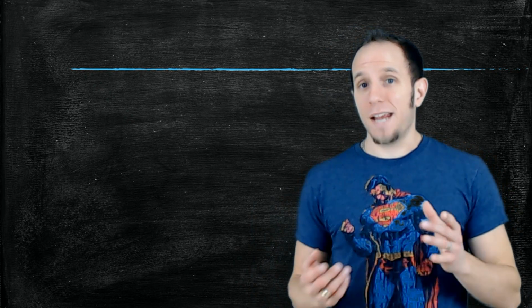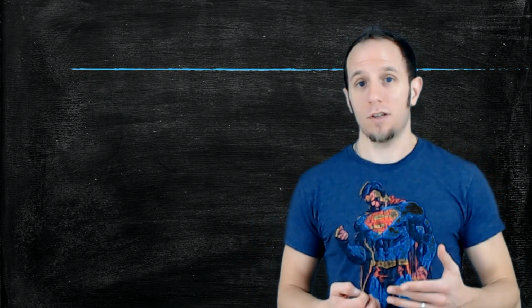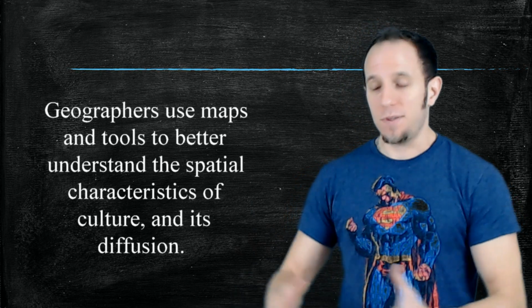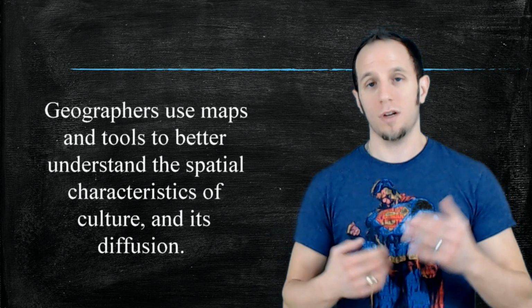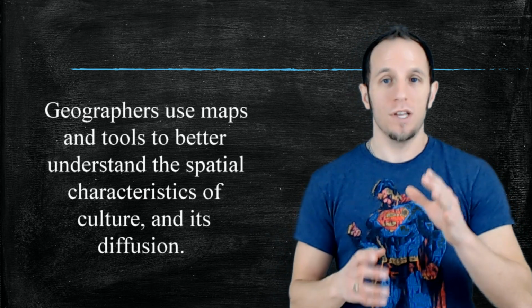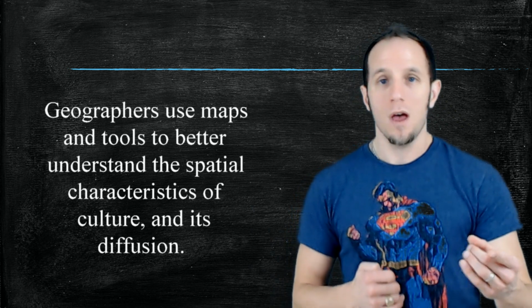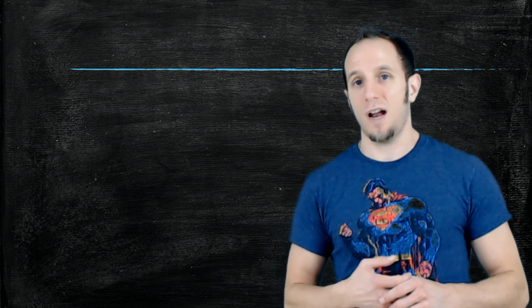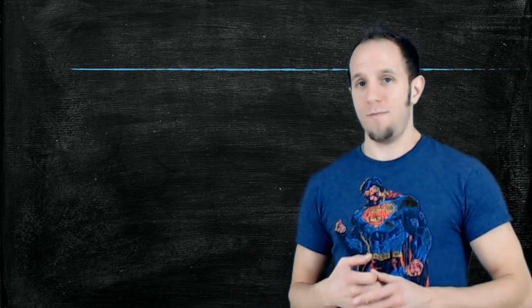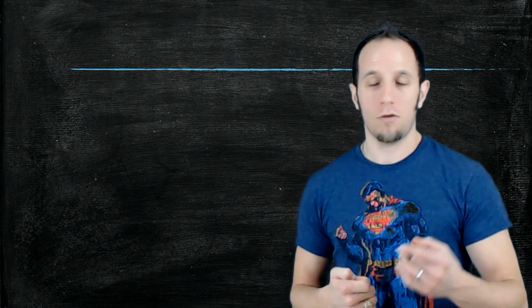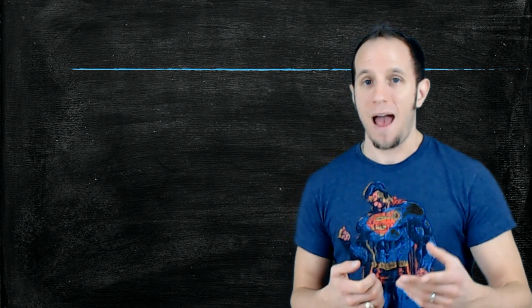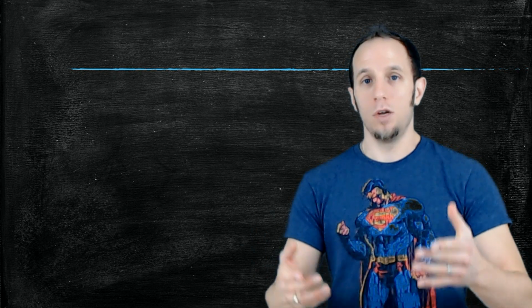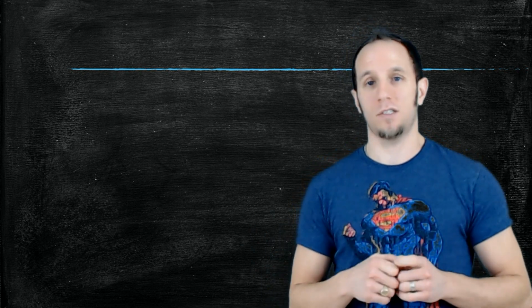In order to more adequately tie in our discussion of culture with what we already talked about with some of the tools geographers use, they are going to use equipment like GIS and maps in general to help us understand the distribution and layout of different religions across the earth. Not just religions, but any kind of cultural idea: people who speak Indo-European languages, people who are of Arabic descent or Muslim in terms of their religious identity. So you can use any series of maps to demonstrate this: cartograms, choropleth maps, dot maps, or dot density maps. Any of these things that we've talked about as general thematic maps we can use to help us understand spatially the layout and distribution of different cultures.